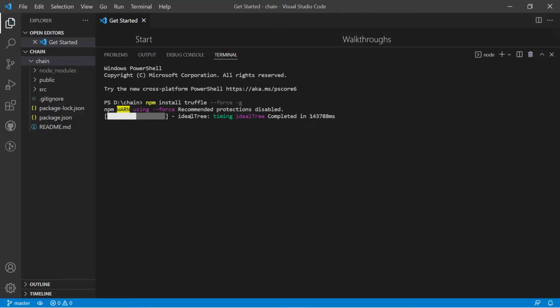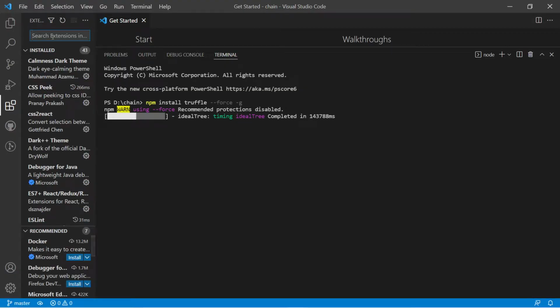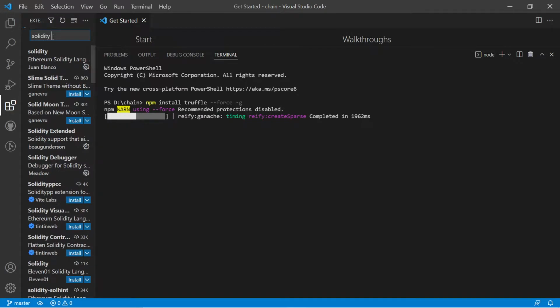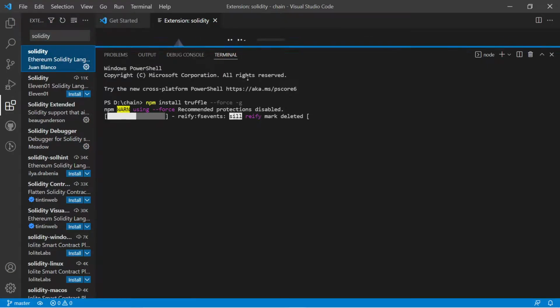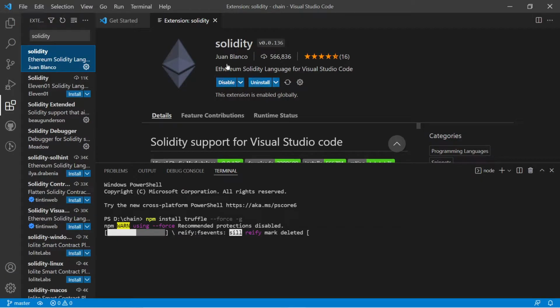So guys, this took some time to install, so till then I would like to suggest some extensions that you will have to download. It is a must because this will help you find the colorable text and everything else when you do hands-on coding. The first extension I would like to suggest is Solidity, the Ethereum Solidity language extension given by Juan. You will have to install this by clicking over here. In my case, I have already installed it. You have an installation button given over here, you just have to click there and install it.